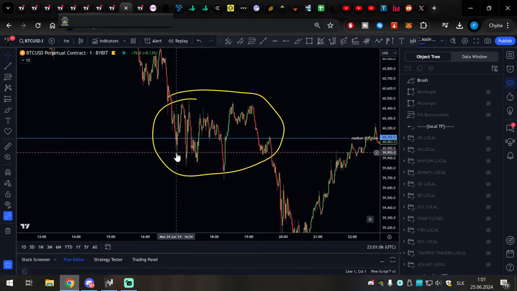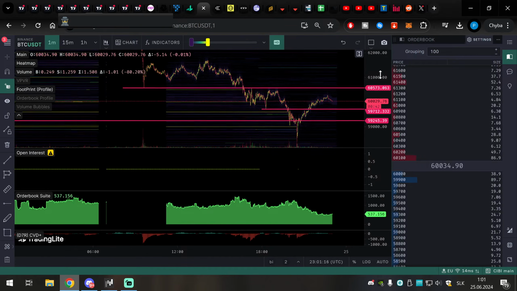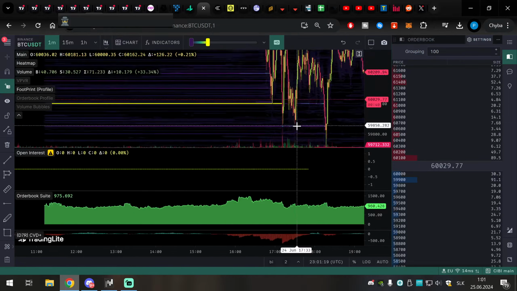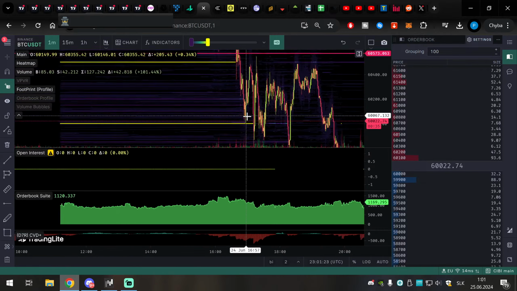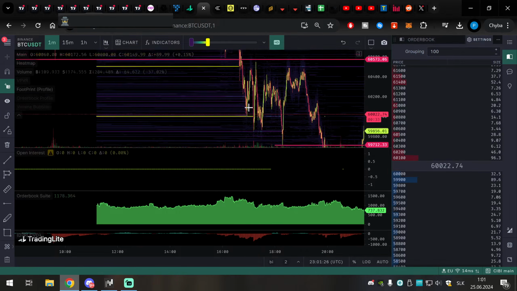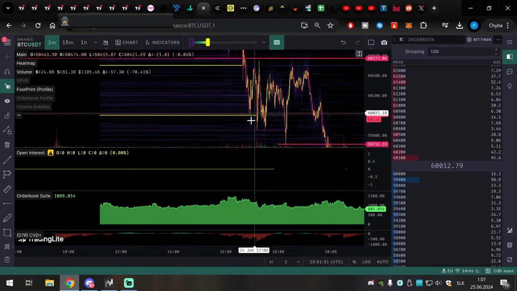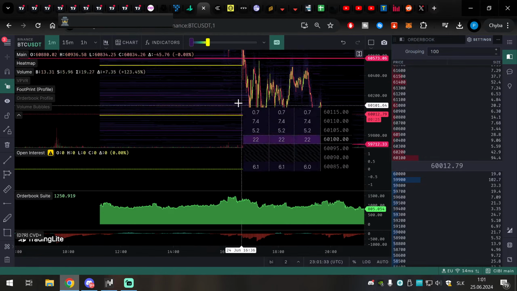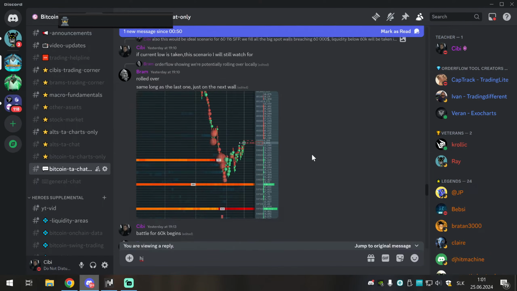60k was defended even when you are taking below 60k on Bybit. Let's go back to the spot markets, and over here spot was holding. We were taking the 60k retest first. Oftentimes when you have large order book resistance or support, globally, all exchanges in the world on spot market were protecting 60k. You need big volume to breach down. So the first try failed. We had the first scalp with them.